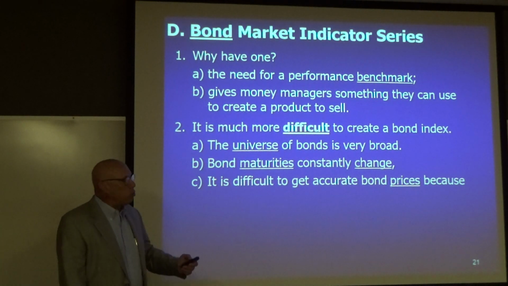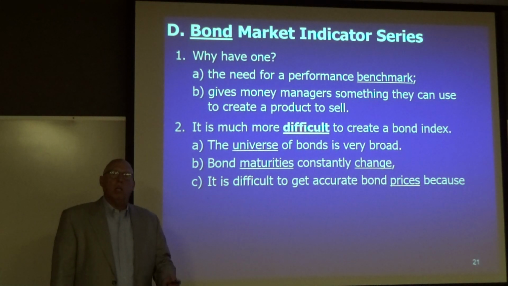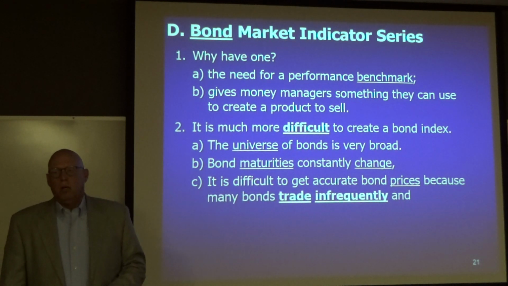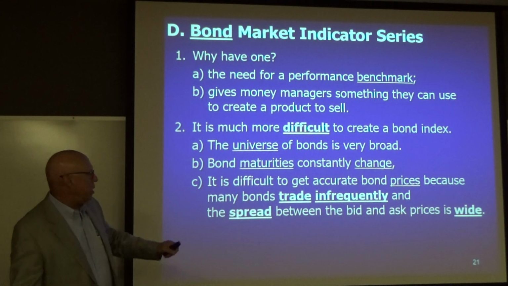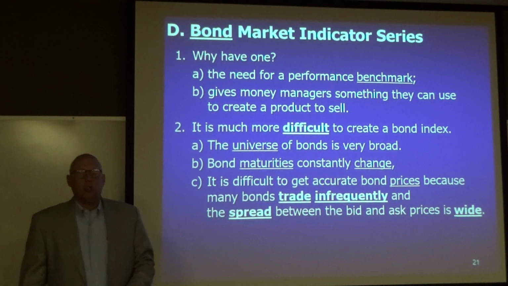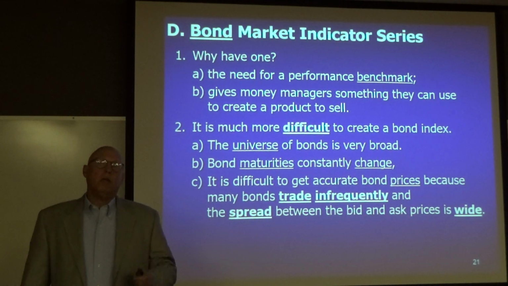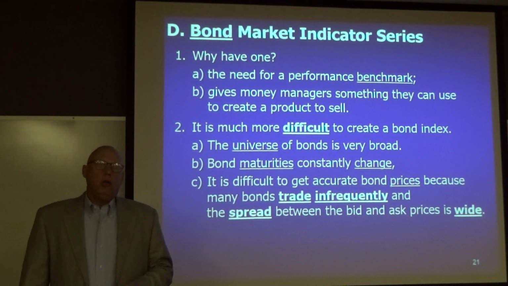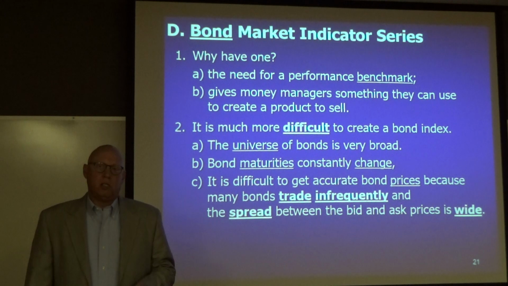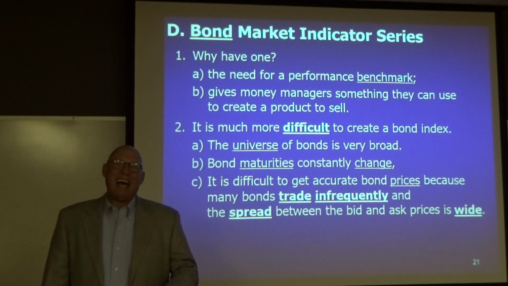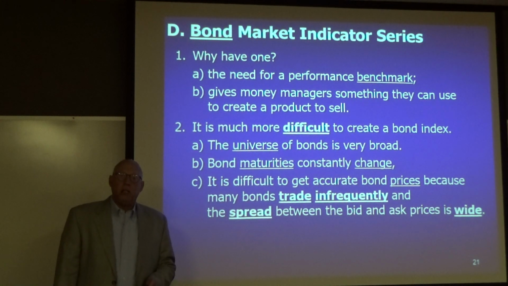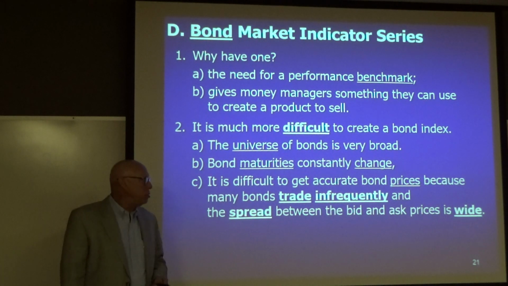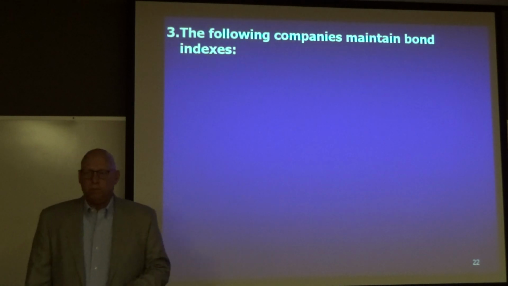Pricing for bonds is much less accurate than it is for stocks because many bonds trade very infrequently. There's not a lot of liquidity, and there is a large spread between the bid and ask prices. So it's really tough if you want to understand what a bond is worth. Most bonds trade over the counter. You have to go to 4 or 5 trading desks to get a bid and an ask to determine what a bond really is worth. A bond has its theoretical price based on interest rates and time frames, but it also has its market price.